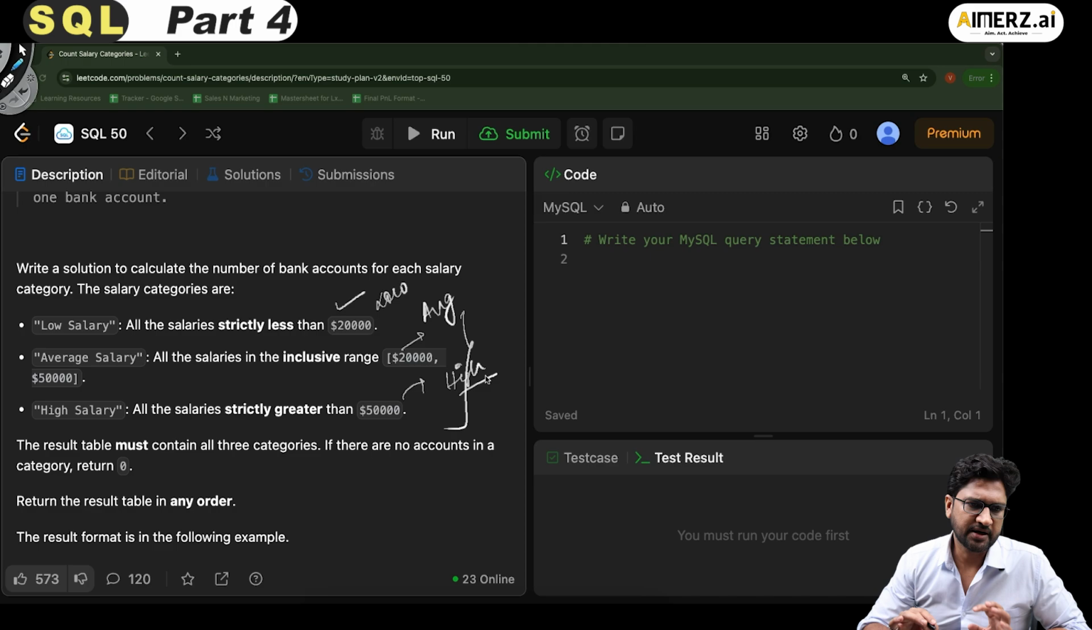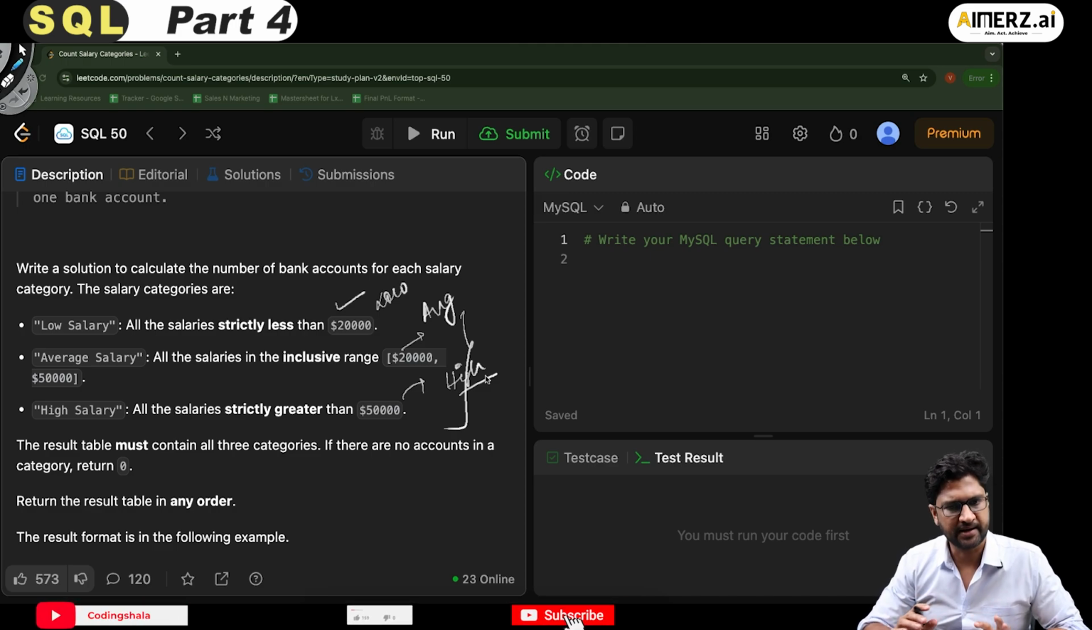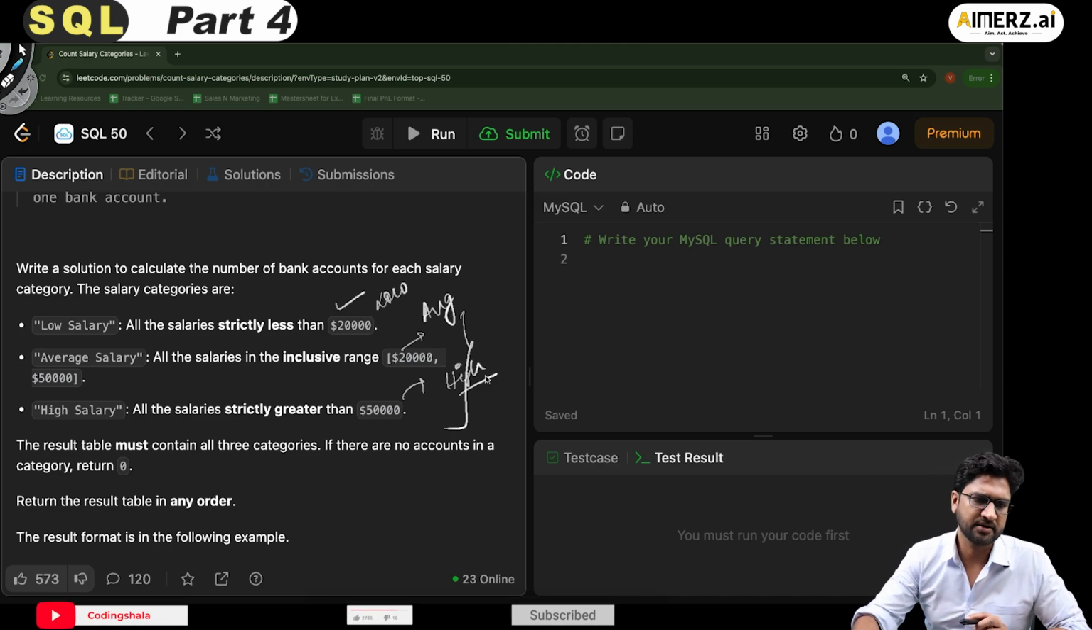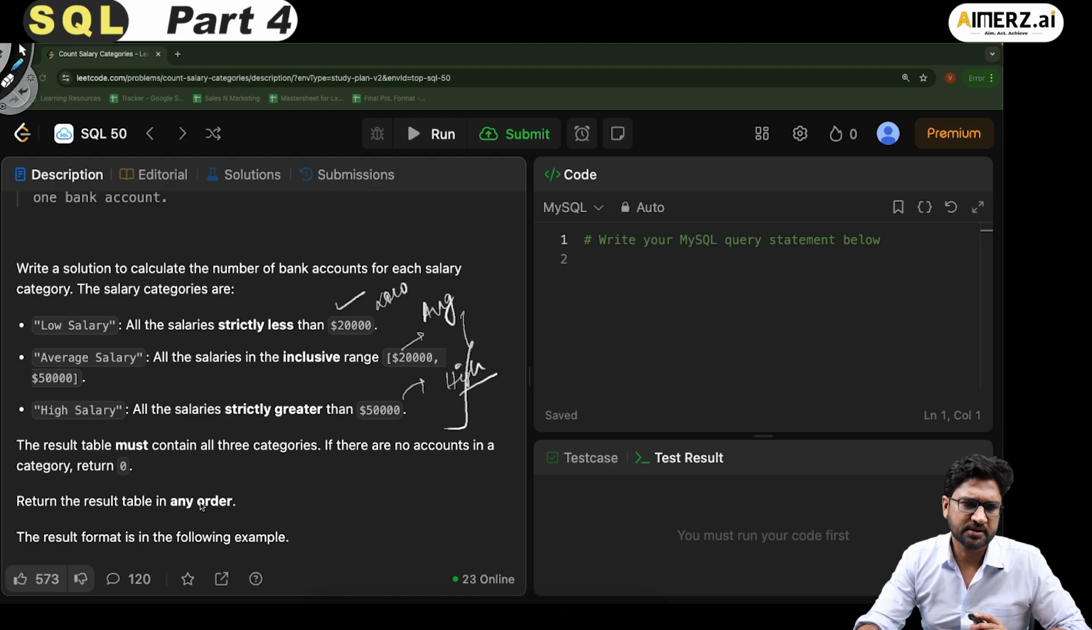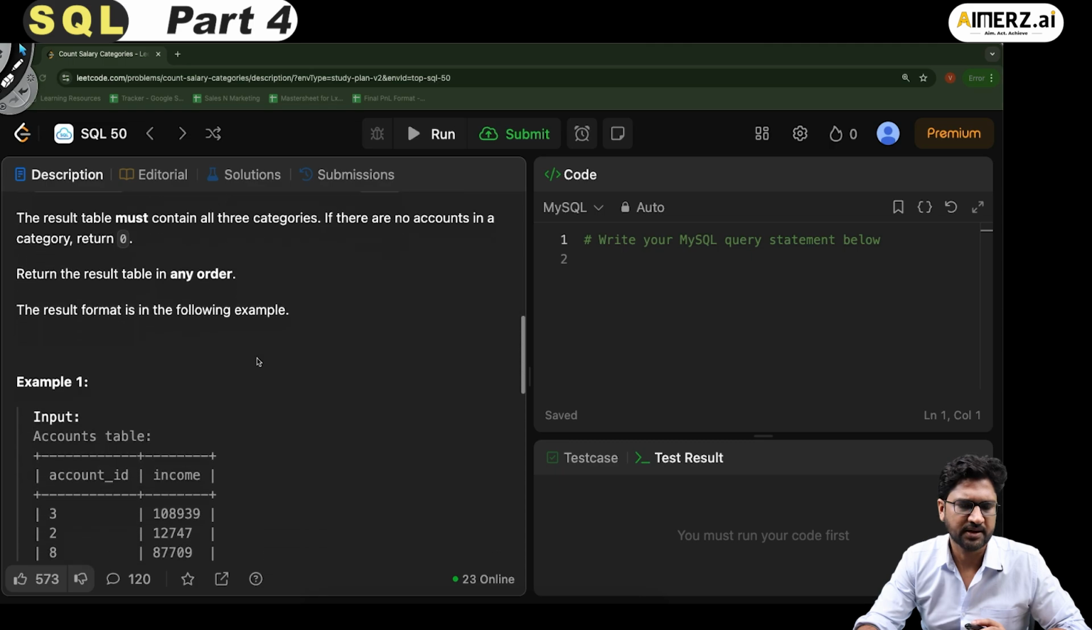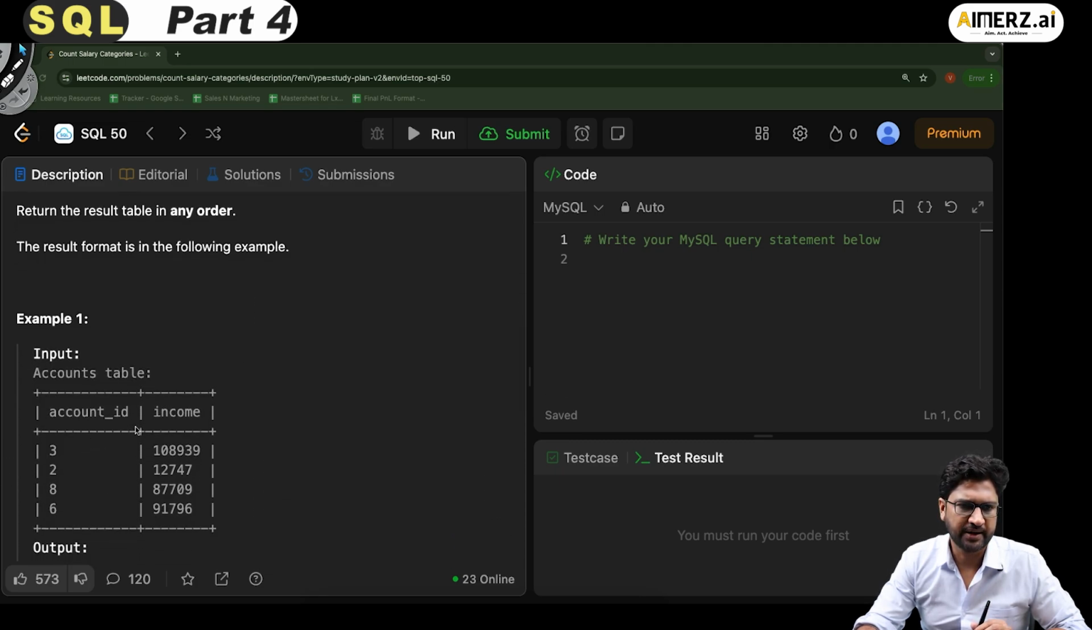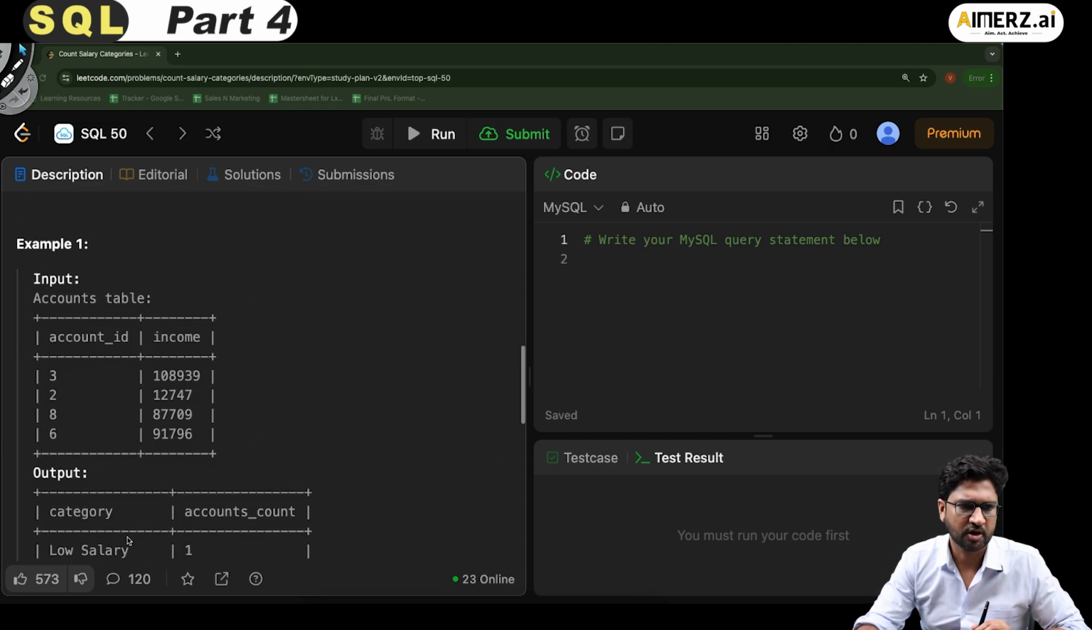The result table must contain all three categories. If there are no accounts in a category, then return 0. Return the result table in any order. The result format is in the following example. Okay, Example 1, account ID and the income. Output is